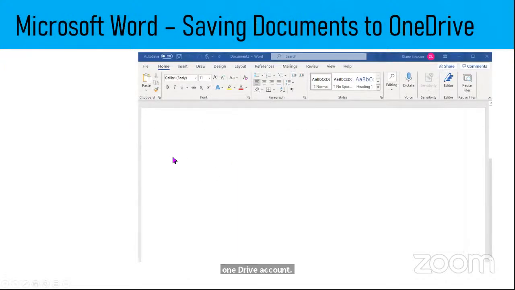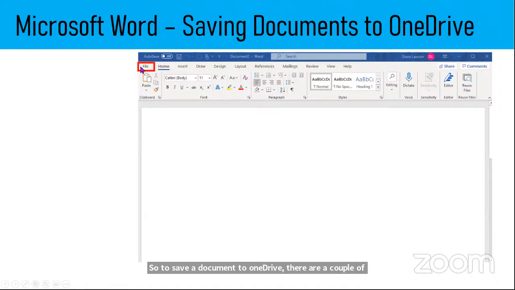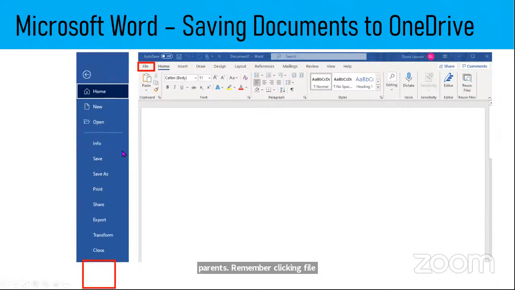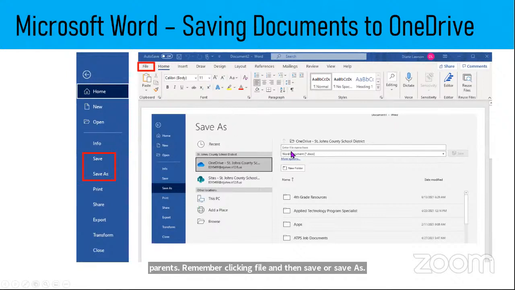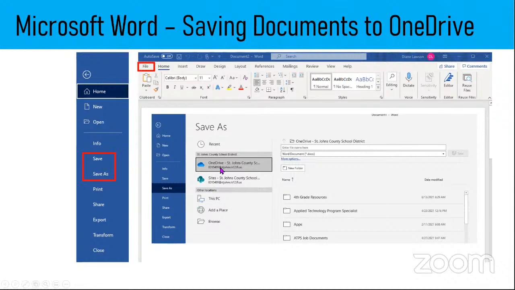So to save a document to OneDrive, there are a couple of options. First, you can click on File, just like we probably most parents remember clicking File and then Save or Save As. It will bring up a screen for you to save that item. Now you have a couple of different locations. You can save it to your PC, but we want to save to our OneDrive, and we want students to save to their OneDrive